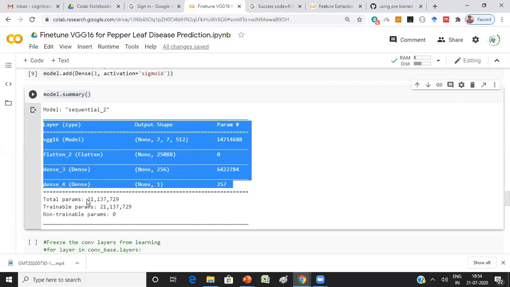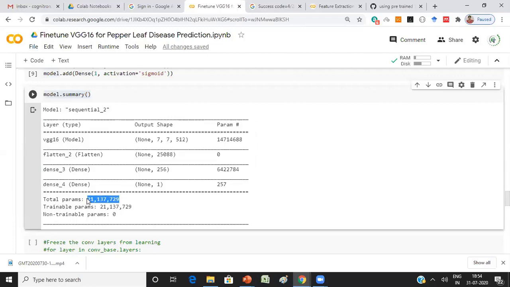Now how many parameters are there in your model? You can see the total number of parameters is 21 million. And how many trainable parameters are there? We never said that any parameter is frozen, so all the parameters are to be trained. That is why there are 0 non-trainable parameters. And 21 million parameters, that too with only 500 images.